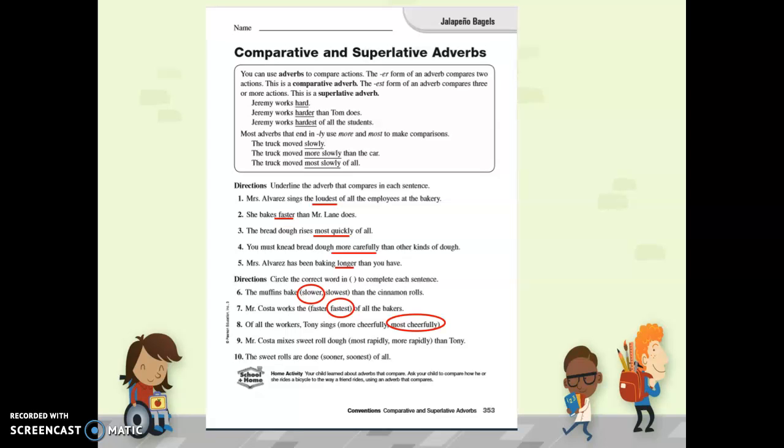We are comparing 2, so it's more rapidly. And number 10, the sweet rolls are done soonest of all. If we compare with all, soonest. Okay, very good. Now go to page